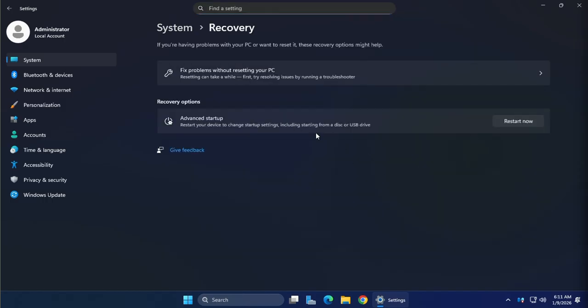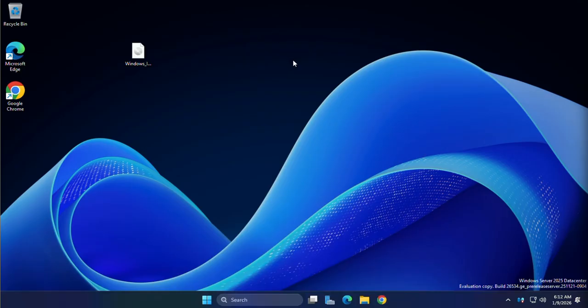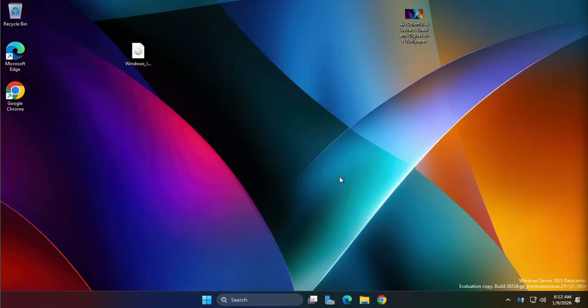You see that there is no go back option, because it is not Windows 11 or Windows 10. In Windows Server there is no go back option, so if you want to go back to Windows Server 2022, you must reinstall your Windows. So thanks for watching the